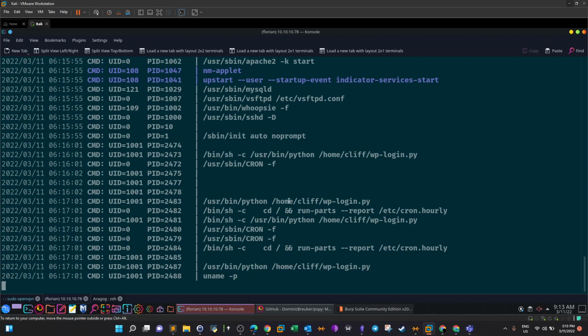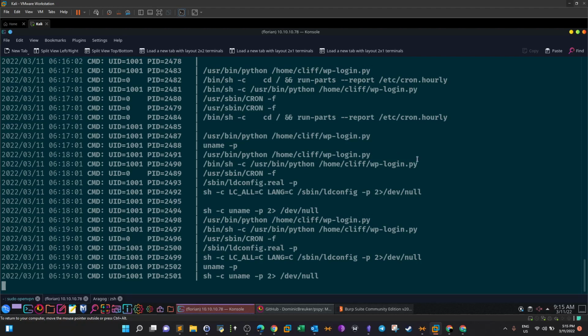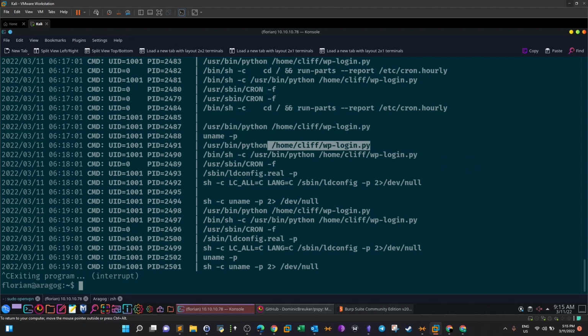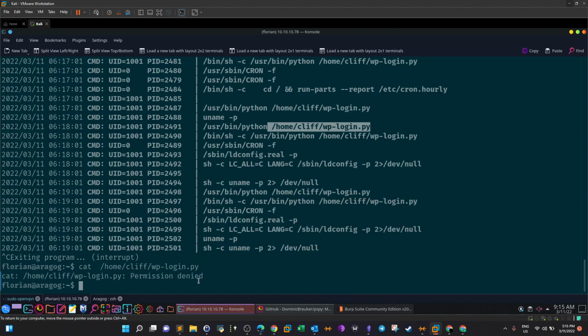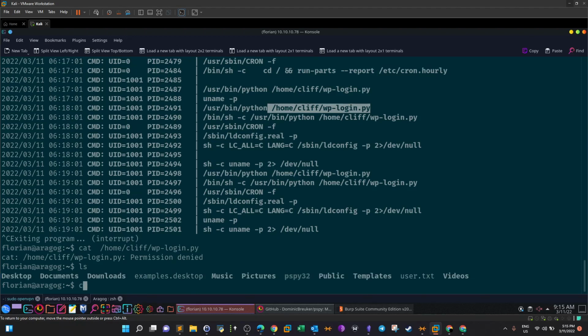/usr/bin/python, /bin/sh. So why don't we take a look at this? I hope you have permissions to see this. So let's exit, cd home or cat... permission denied. Let's ls here and go to /var